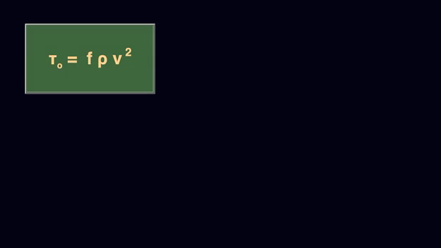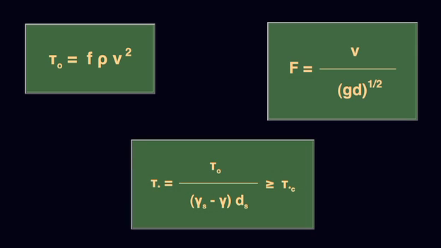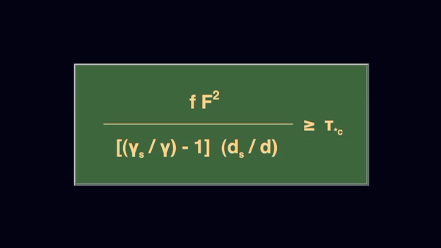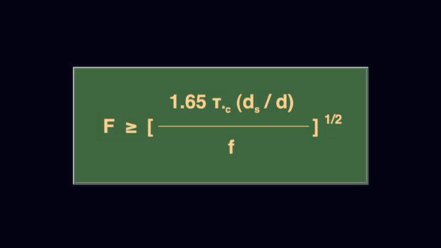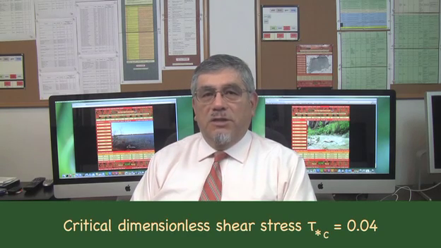Replacing this equation and this equation into this equation results in: in most cases, the ratio gamma sub s over gamma is equal to 2.65. Therefore, the Froude criterion reduces to: as a convenient approximation, the Shields curve suggests a value of critical dimensionless shear stress tau star sub c equal to 0.04 for a wide range of boundary Reynolds numbers. Therefore,